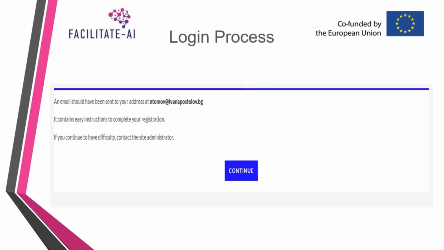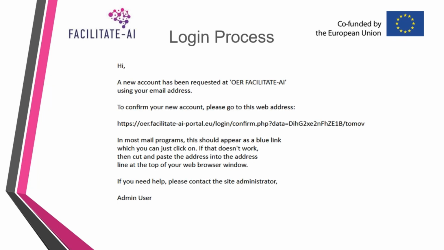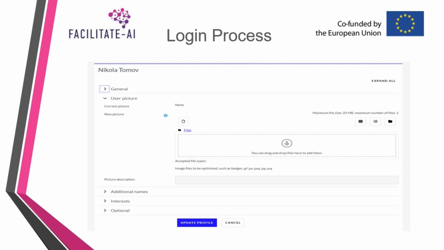After that, the system will notify us that it has sent us an email with more instructions on how to complete the new account creation. This is the instructions email from the platform, and we need to open the link to verify that this is us and we want to finish the account creation process. After we finalize the process, we now have a username and password, and we can log in to the platform. This is the first screen that greets us when we log in.